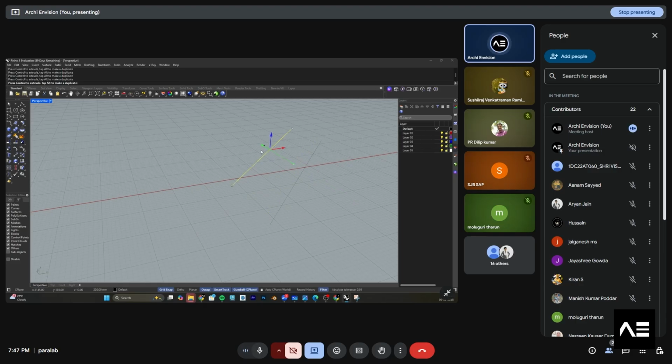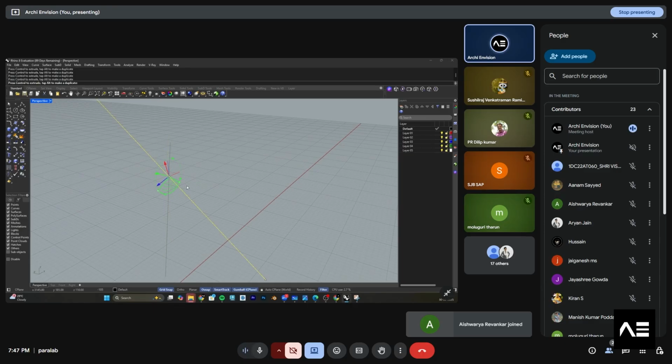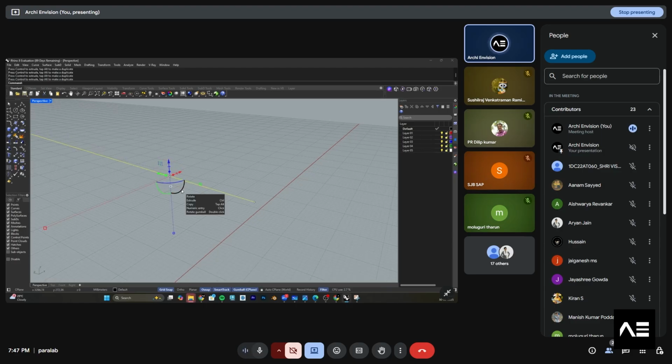X, Y and Z, these are the 3 axes you have to think about. If you want to rotate it, click on the green axis, it will rotate through the Y axis. If you click on blue, it will rotate in the X axis.